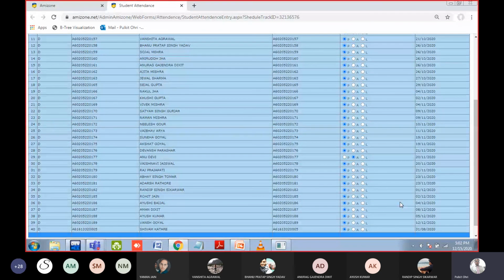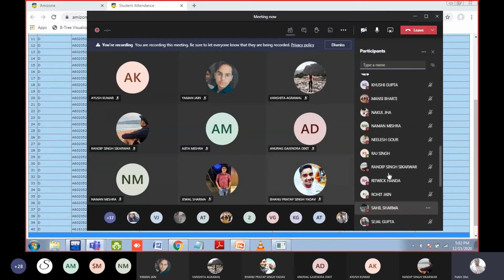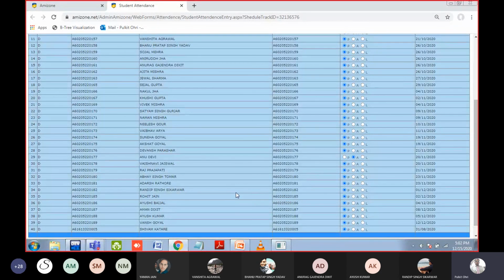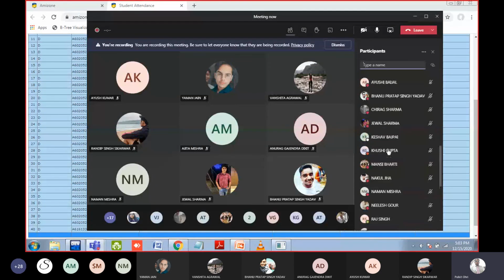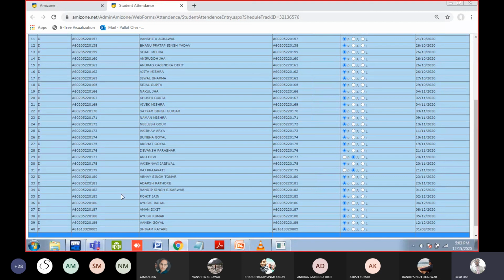Raj Prajapati, second Raj is not there. Can anyone check? Raj Prajapati is not there. Okay. Abhay, I think Abhay is there. Adarsh, Adarsh Rathod, no. Adarsh Rathod is not there.